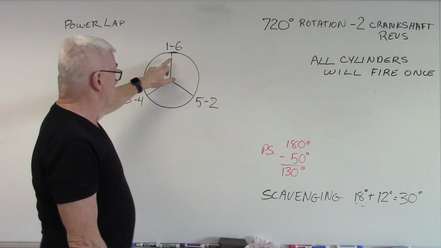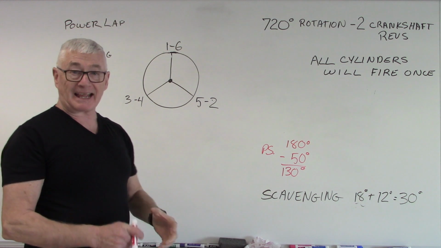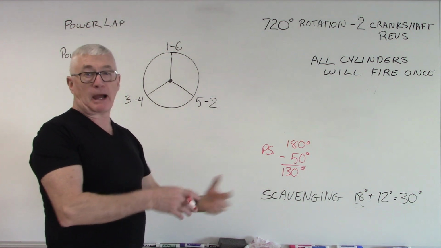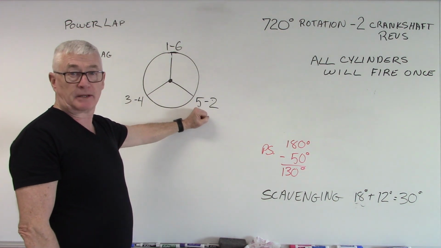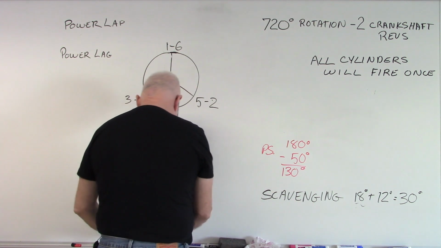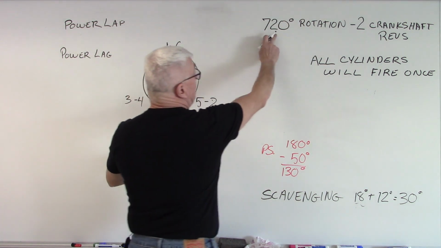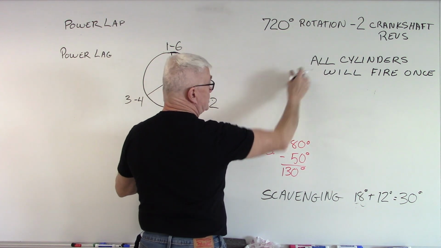That power stroke is going to power its way down here, but we're going to say, when is my next beginning of power stroke going to happen on my number 5 cylinder, because that's the next one in my firing order? Well, in order to figure that out, we take the number of degrees rotation in which all the cylinders will fire,